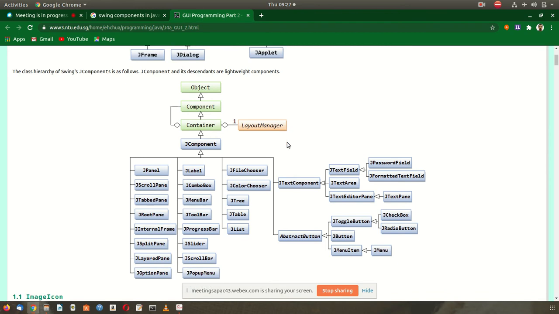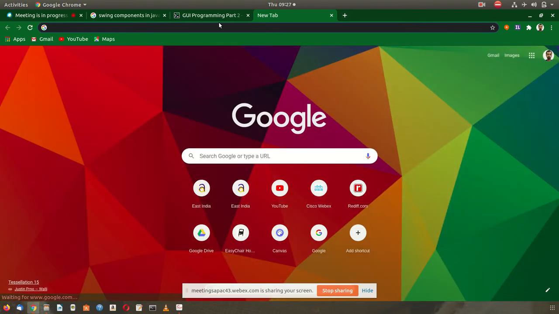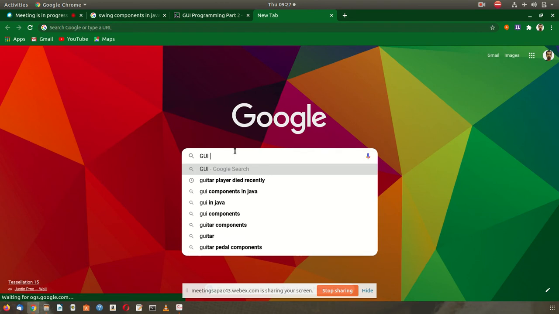So by graphical user interface, what I mean is, I'll show you a GUI example.